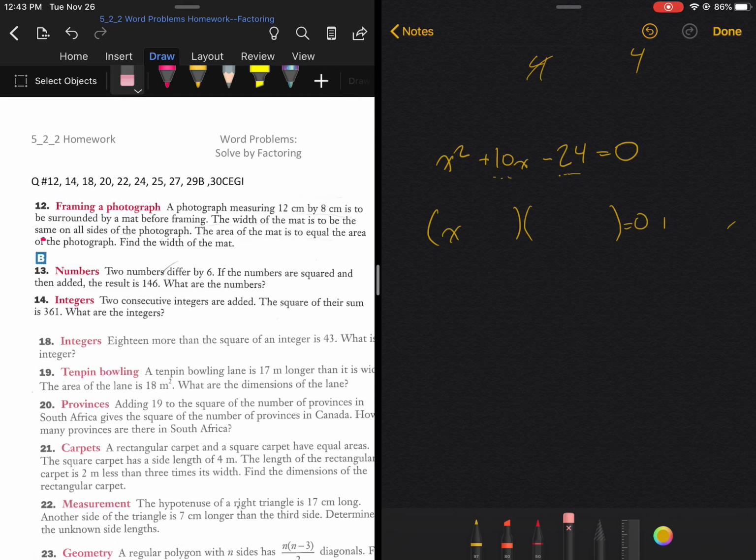So let's write it down. We have x, we have 2, we have 12. So we know both signs are different, and we know the greater one is positive. So now let's solve. In order for this to be 0, x has to be equal to minus 12, or in order for this to be 0, x equals 2. Since the width cannot be negative, we know the width